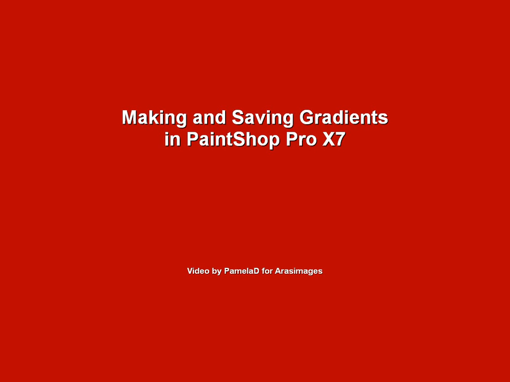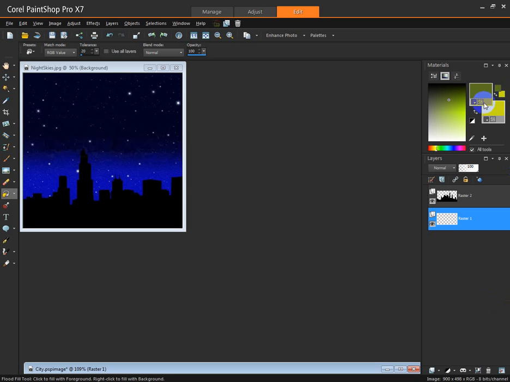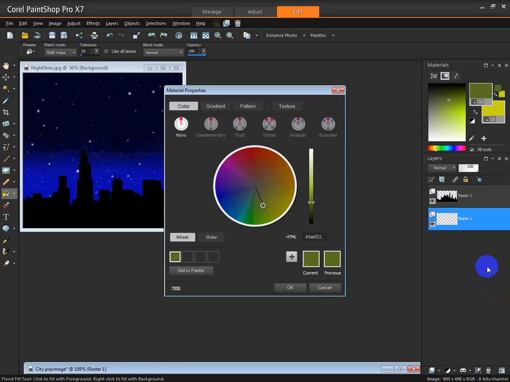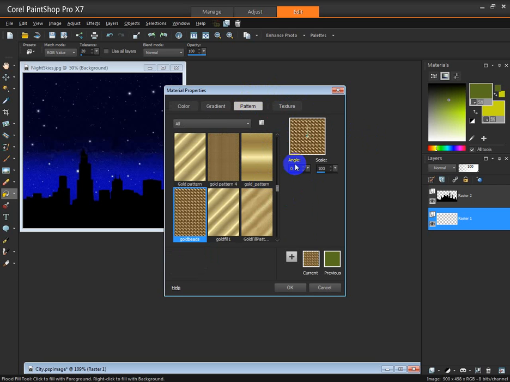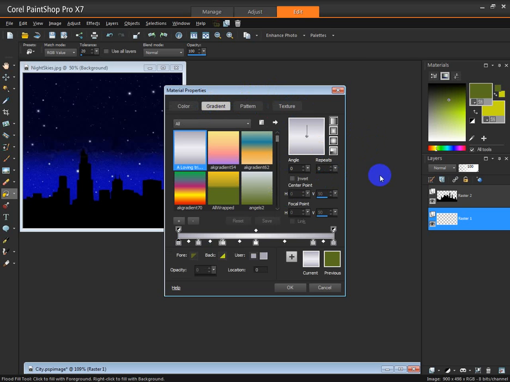First thing that I really noticed when I opened Paint Shop Pro X7 was my materials palette. It looks so different. When I opened it, the colours, I had no idea what these little harmony buttons were for, but if we select these, Paint Shop Pro will select colours that are nicely compatible with our selection. So that was neat. Texture looks pretty much the same, pattern pretty much the same, but it was gradients that